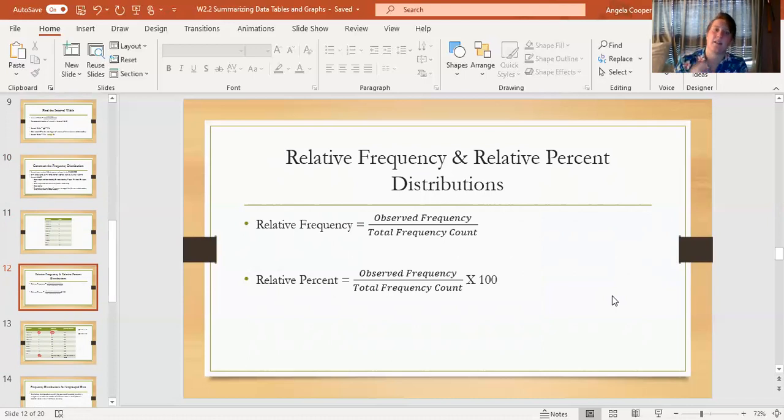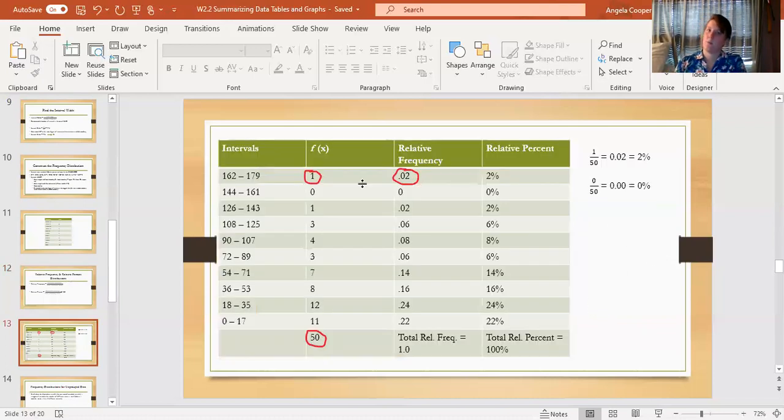So to do that, we take the observed frequency and divide by the total frequency count, and multiply it by 100 for percentage. So we have this first one here, the interval of 162 to 179, there's one person. So we take 1 divided by 50, and we have a relative frequency of 0.02